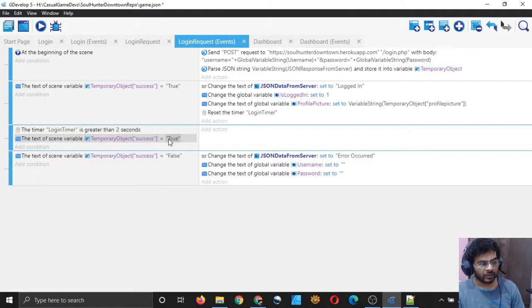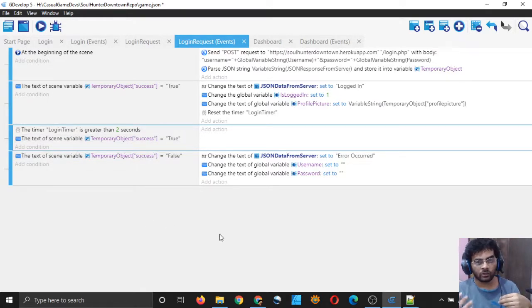But I just want to add this here so that in case we have a stray timer, suppose due to some bug or something the timer remained in the scene, and next time when we enter that scene the timer is there and still running and its value will be greater than 2, then we will change the scene to dashboard when we should not, without checking if we have been able to log in or not. So I will check it here also that login is success.